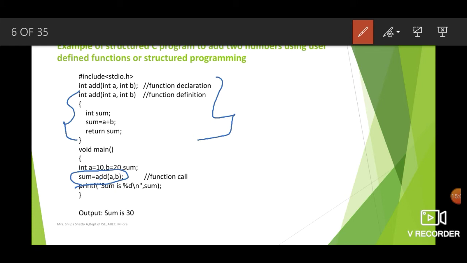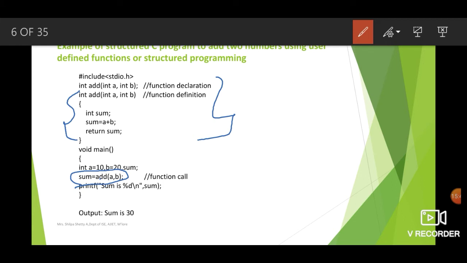But here, if you see, we have given the same names as the ones we sent, when we sent the values of a and b. So the same thing has been written here. But we know that a and b are to be integers, so we write int a, comma, int b. That means when you define the function, you need to specify the data type of the parameter. When I say parameter, it means the data that is required to execute the function. So we need to write the data type of the parameter followed by the name of the parameter. So we have two parameters here, int a, comma, int b.